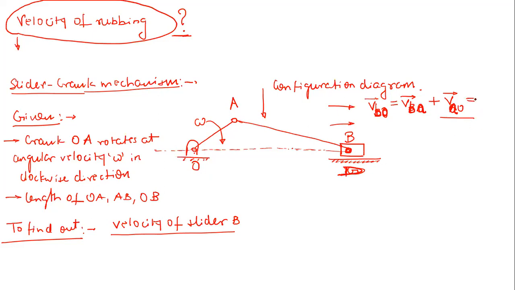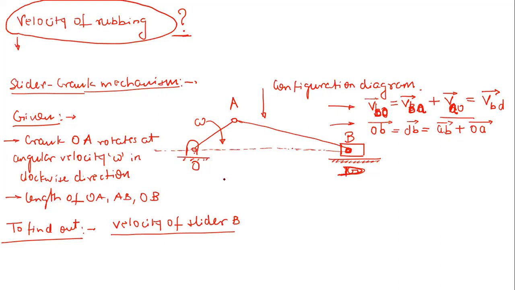Now you can simply say that this should also be equal to velocity of B with respect to D, BD vector. Now let me write down this equation quickly, that OB vector, right, is equal to DB vector is equal to AB vector plus OA vector. This is very simple, right? Now, how to draw this?